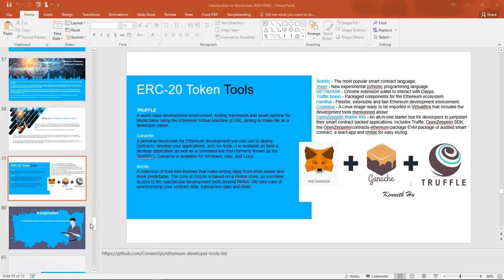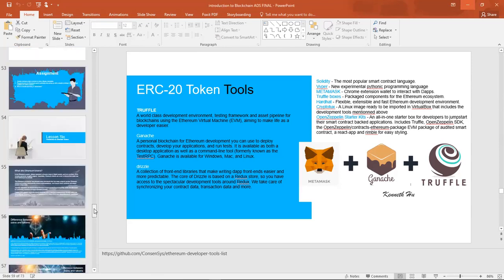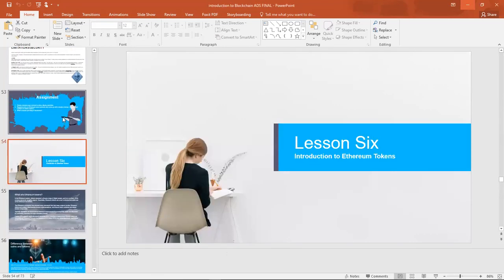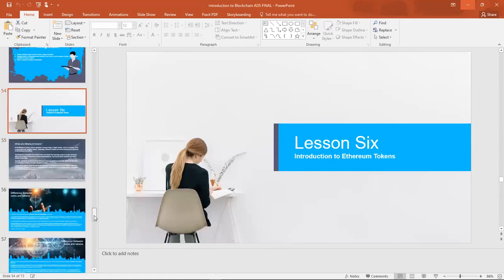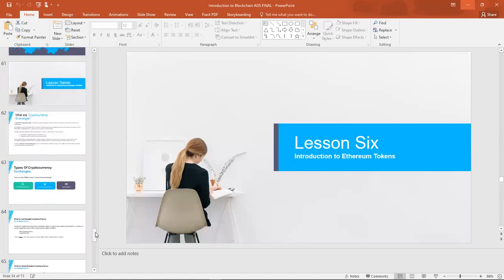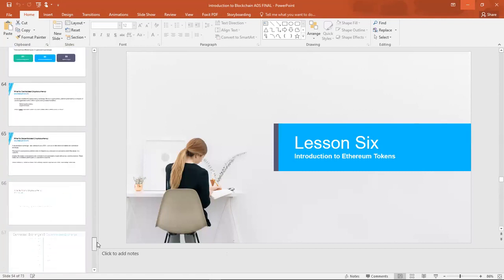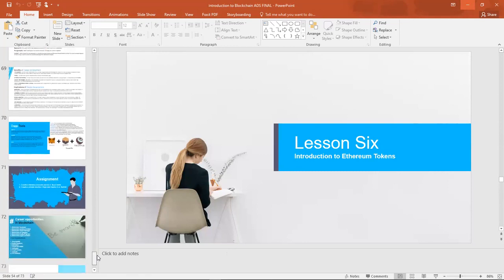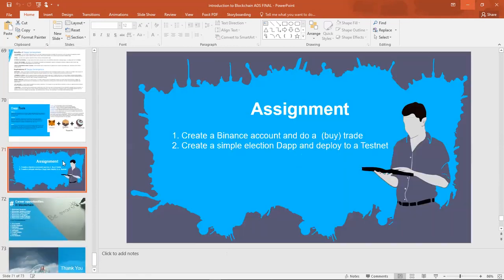So we are actually at lesson 6. We are completing lesson 6. And then this week and next week, 2 to 3 days, we will be doing a lesson.